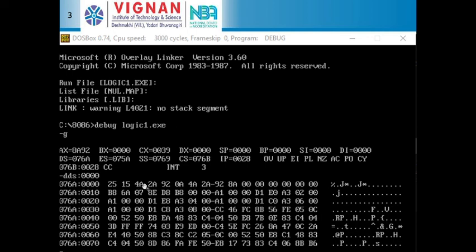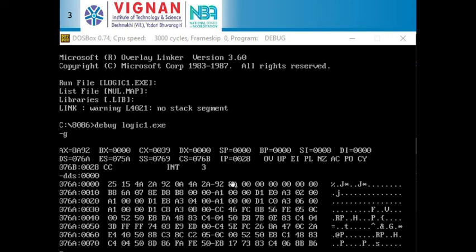Next, the shift left answer we got is 2A 4A. So the lower byte is at 0002 and next 0003 holds 2A, that is the higher byte. The shift right answer we got is 0A92. 92 is the lower byte, in the next memory location then the higher byte. In a similar way, for rotate left we got 2A 4A, so 4A is the lower byte and 2A is the higher byte. Similarly rotate right we got 8A92, with the lower byte and higher byte.